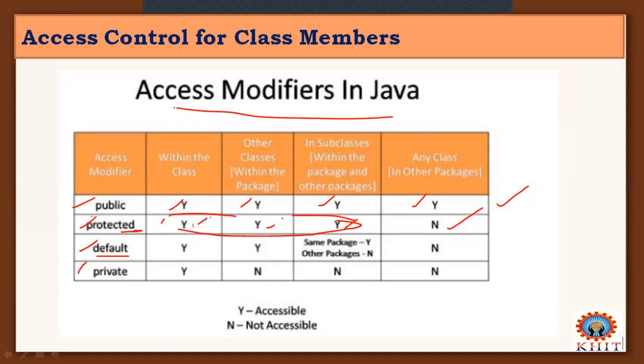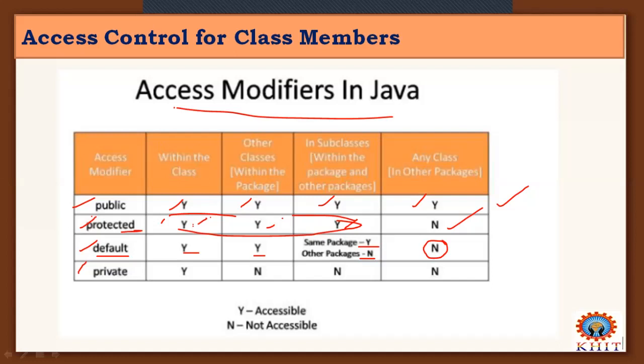So this member can be accessed as follows. The default member is allowed within the class, allowed in any other classes within the same package, but not other packages. Subclasses in the same package are allowed, but subclasses in other packages are not allowed for default variables. And we will see everything about these access modifiers for members of a class in the packages chapter clearly, one by one. Other packages are strictly not allowed for default members of any class.